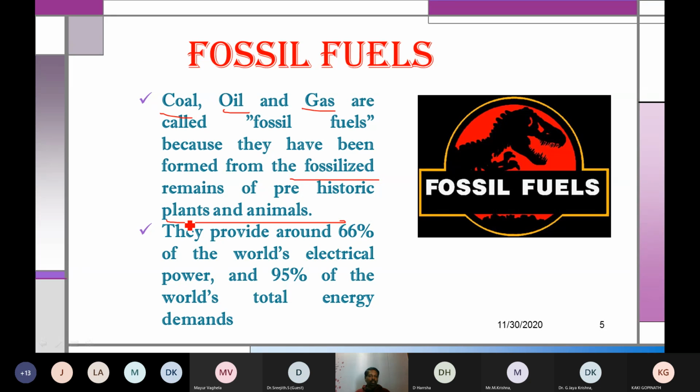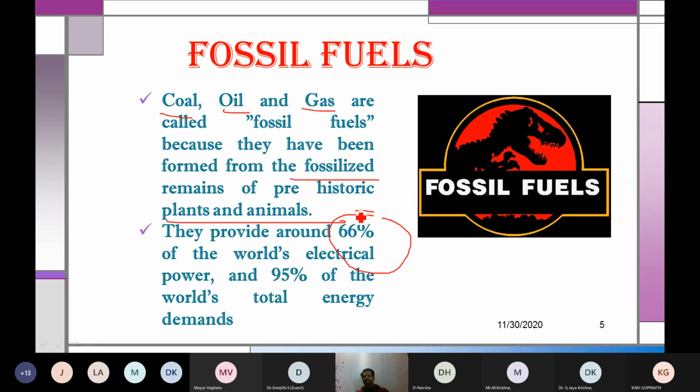And if you see the fossil fuel, around 66% of the power generation is from fossil fuel worldwide. Not our country. In our country, around 69% of the power generation is from thermal power plants. That is, worldwide, around 66% of the power generation is from fossil fuel. And as a whole, if you take the energy, 95% of the energy is from fossil fuel only, because